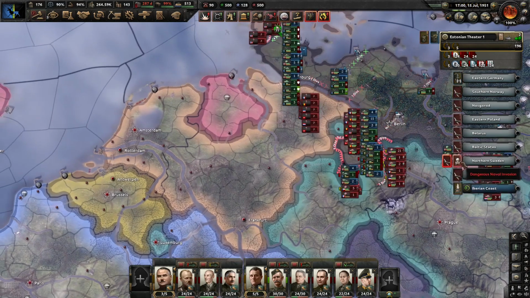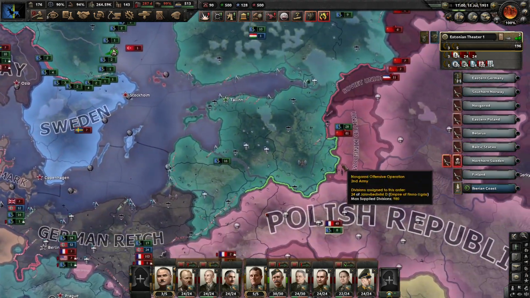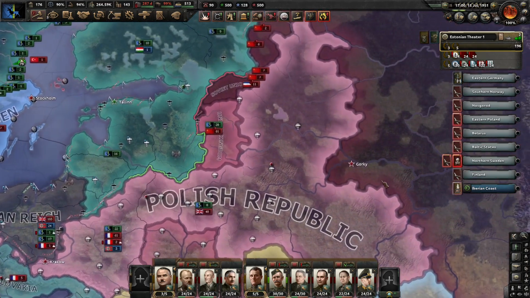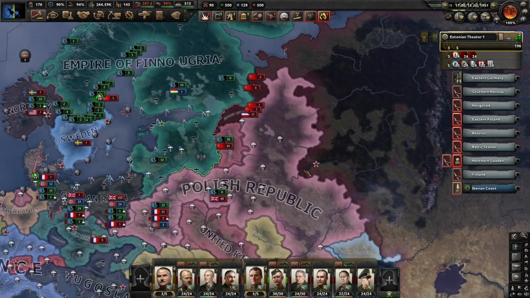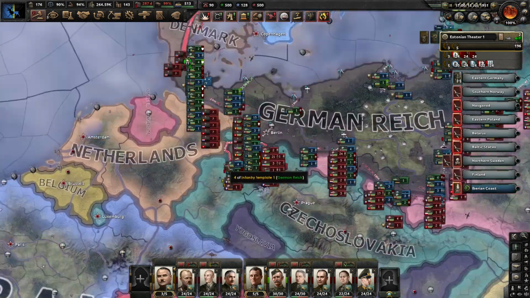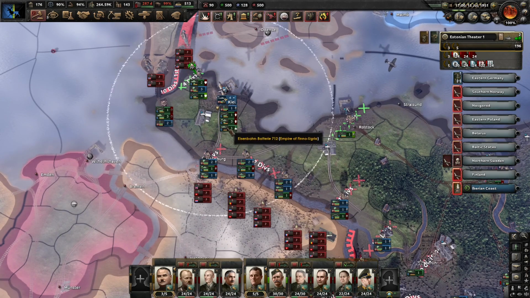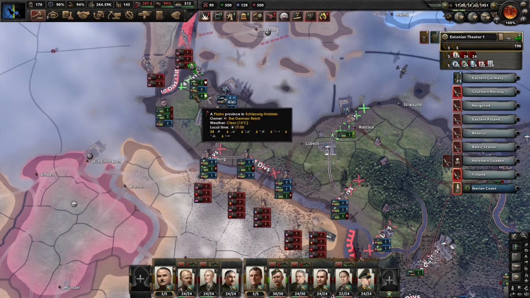So, oh, another naval invasion. Yeah, it's just the Turkish division. Okay, not useful. But the Soviets are still holding, despite the best efforts of the Allies. But with them losing troops in Europe, it's not going to be the case forever. We'll see if we can eventually manage to...